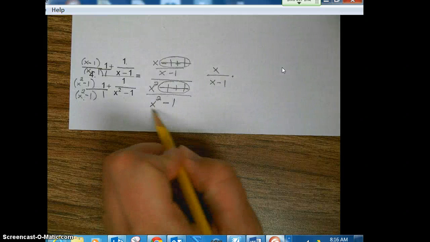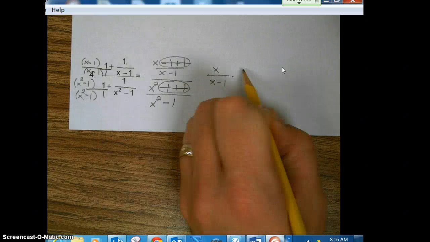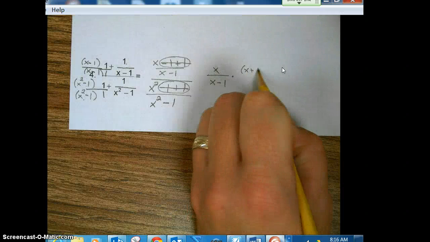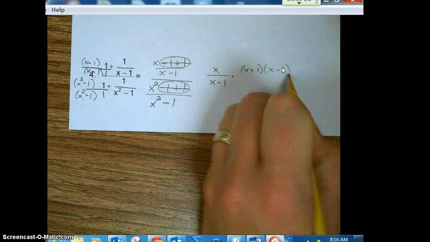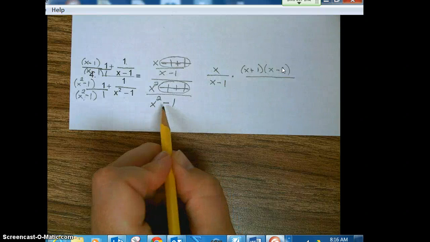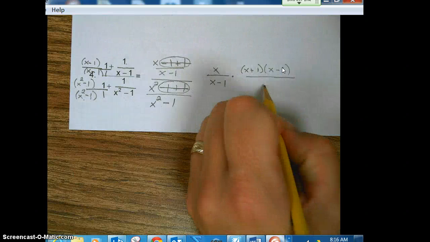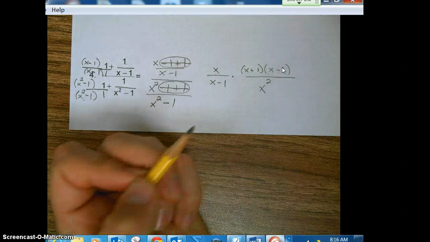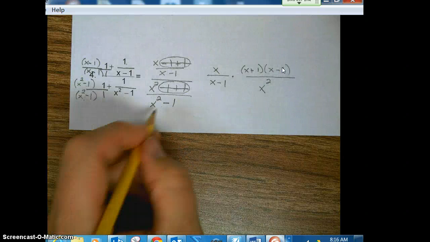And I'm going to go ahead and factor this x squared minus 1 now. That's going to be x plus 1, x minus 1. The difference of two squares over x squared. So at this point,